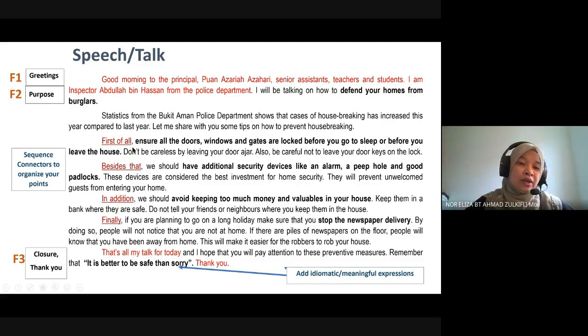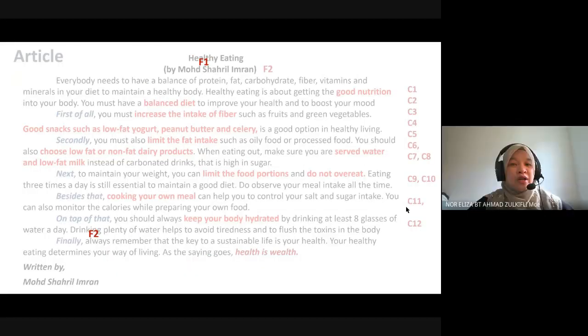Teacher Ahmad Tani, when you need to have sequence connectors, right? Yes, you must signal, because if your teacher reads it, even the examiner reads it, they know that you are going into a new point. So it's good to plan and organize your writing. Okay. Can I move on to the next one?